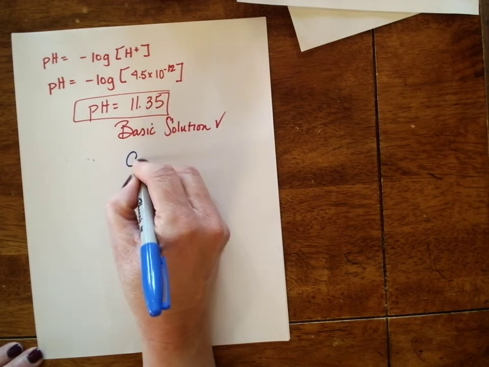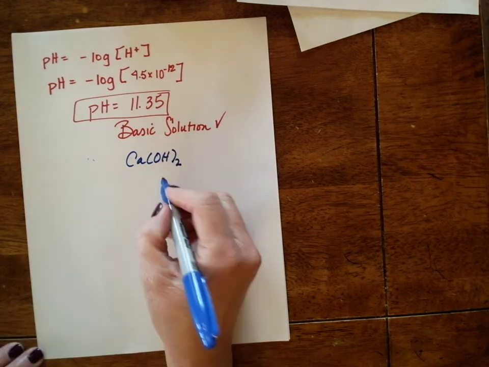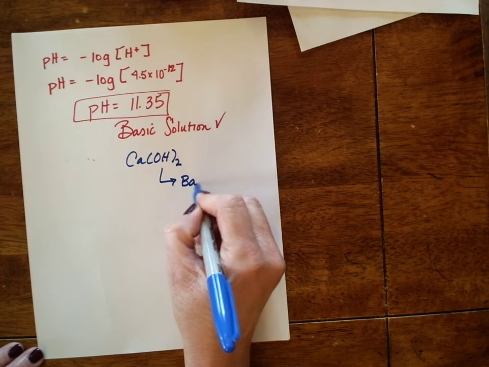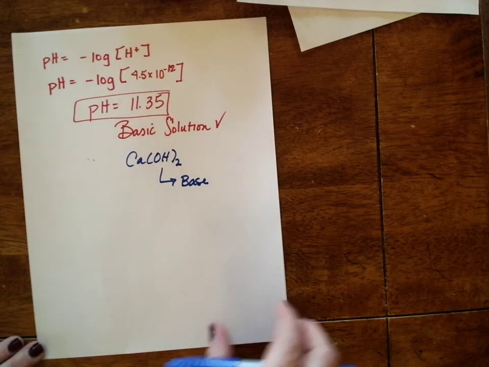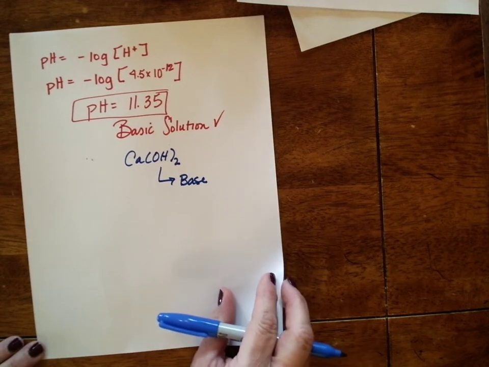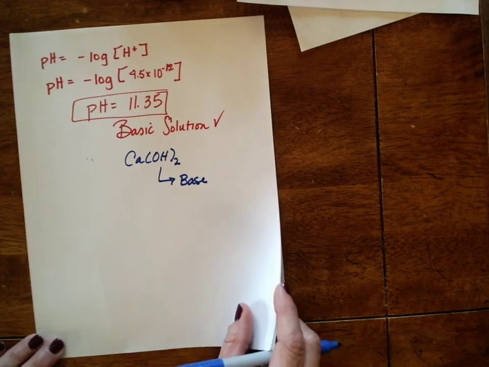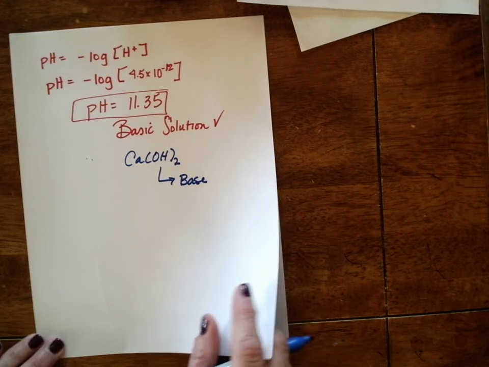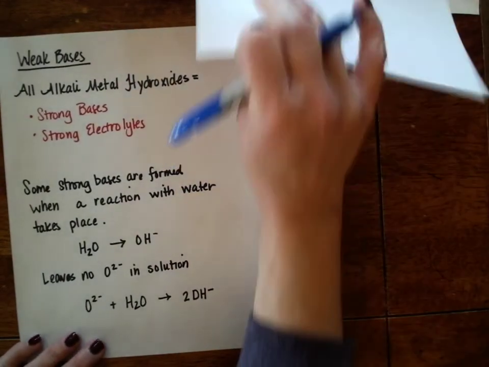I started with Ca(OH)2, calcium hydroxide. I know because it's got the hydroxide there that I'm starting with a base. So I'd expect my pH to be in base range when I'm done. And guess what it is? It's a basic solution. So that lets you work with both a strong acid and a strong base, and it shows you how to work through the steps of finding the pH or the ion concentration for either case. The last thing I want to talk about just a little bit,